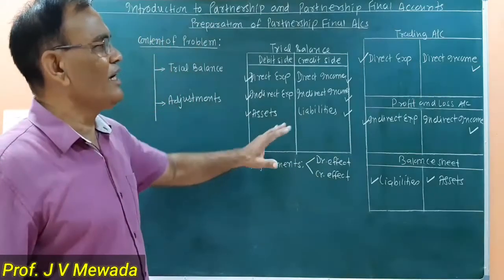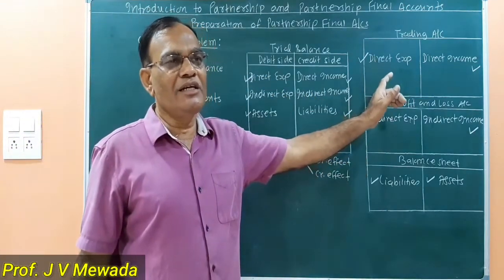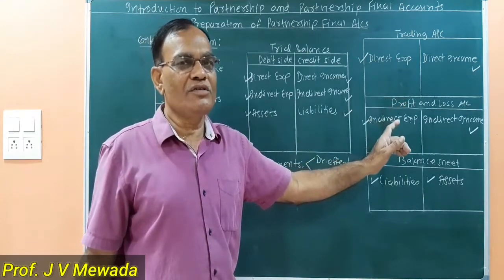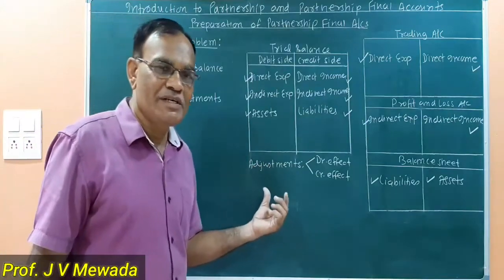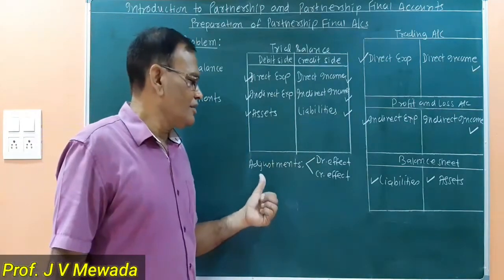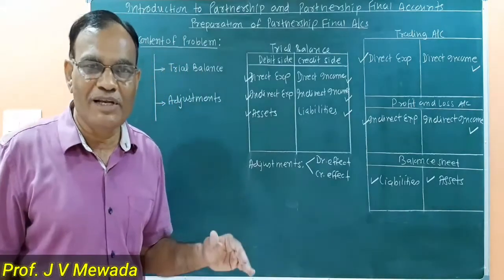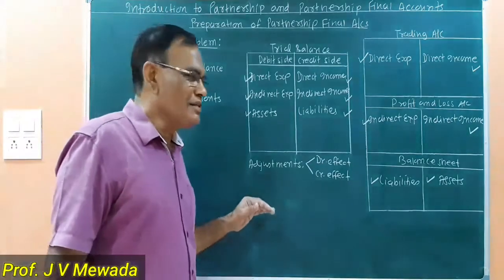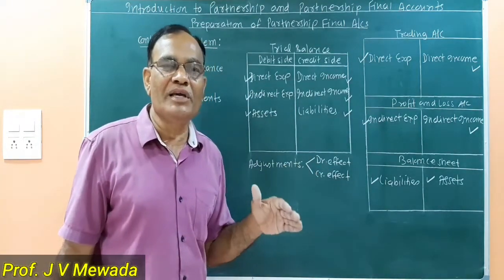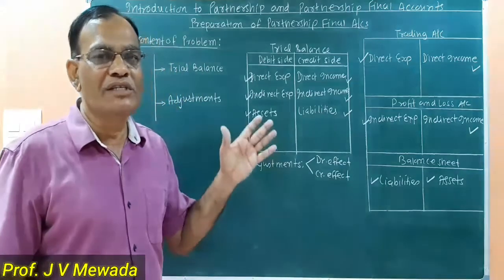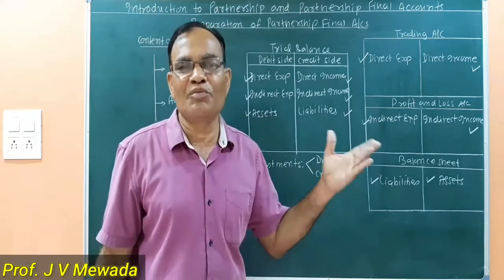So each and every item of trial balance is transferred once, either in the trading or in the profit and loss or in the balance sheet. Now we'll see the adjustments. What are the adjustments? As I told you earlier, adjustments are the additional information given below the trial balance. Without adjustments, we cannot prepare the final accounts. If you prepare the final account, it may not give us the true results, and the balance sheet also will not give us the true financial position.